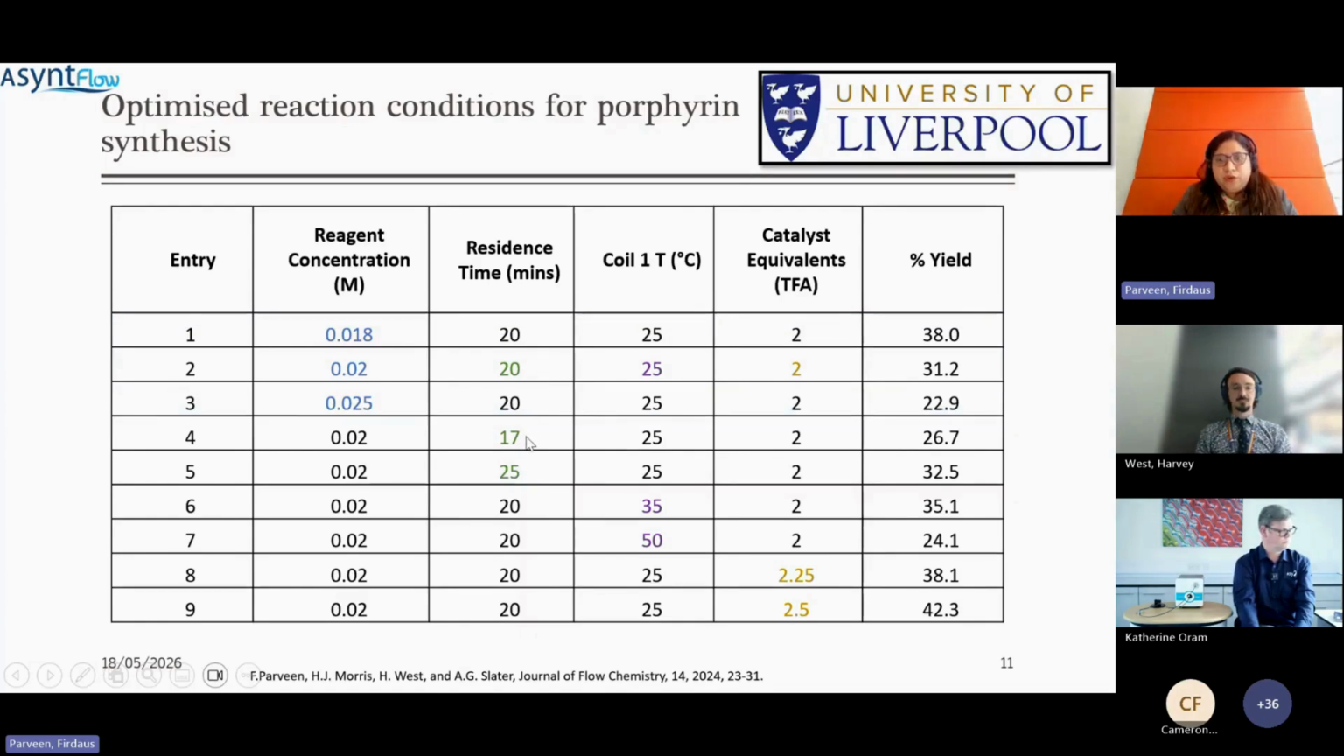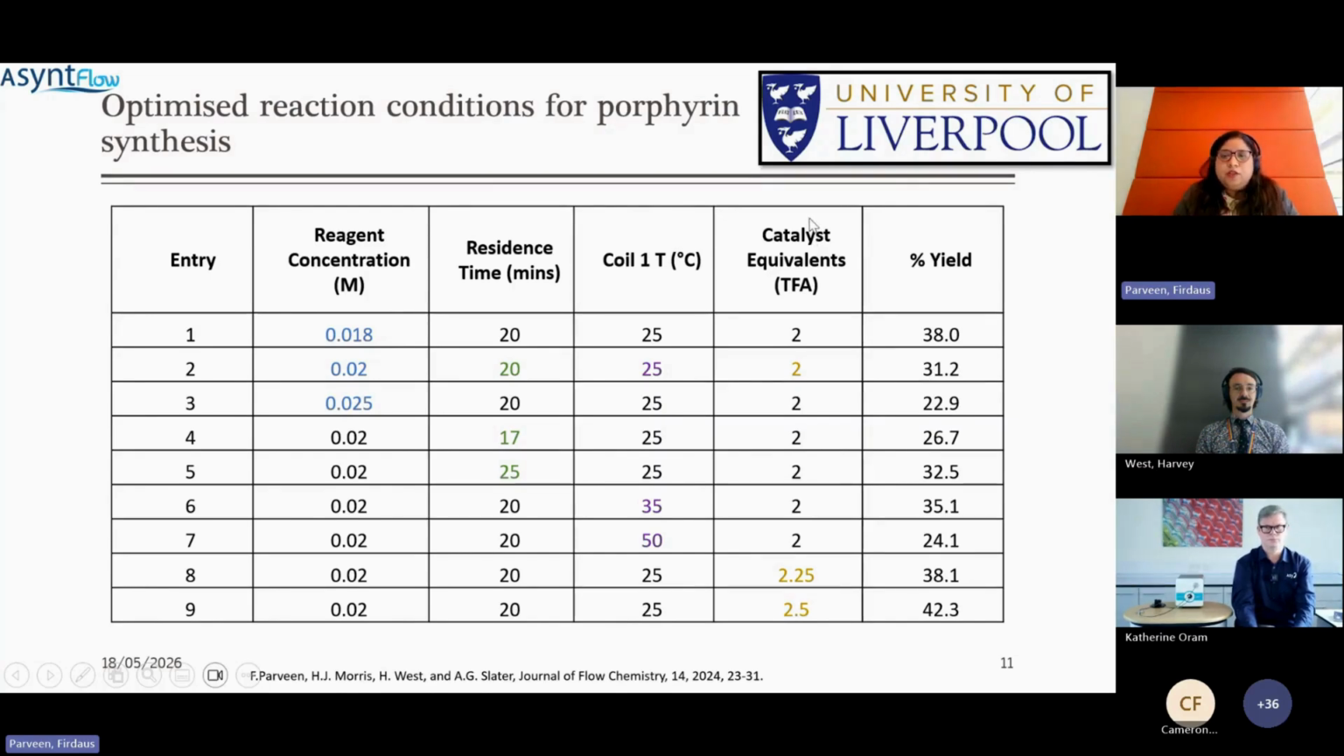It has a positive effect going from 17 to 20 and 25, increasing the yield from 26 to 32.5%. And the temperature has a positive effect on the yield of porphyrin. From 25 to 35 there is an increase in the yield, but not much, 31 to 35. But further increasing to 50 degrees reduces the yield. That means at higher temperature, there might be chances of side reactions taking place as compared to the reaction going into the desired pathway. So we decided to stay at 25 degrees because there was not much difference between 31 and 35% yield of